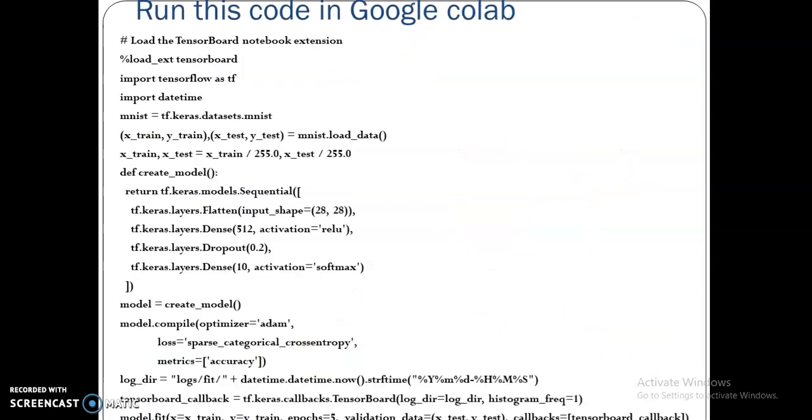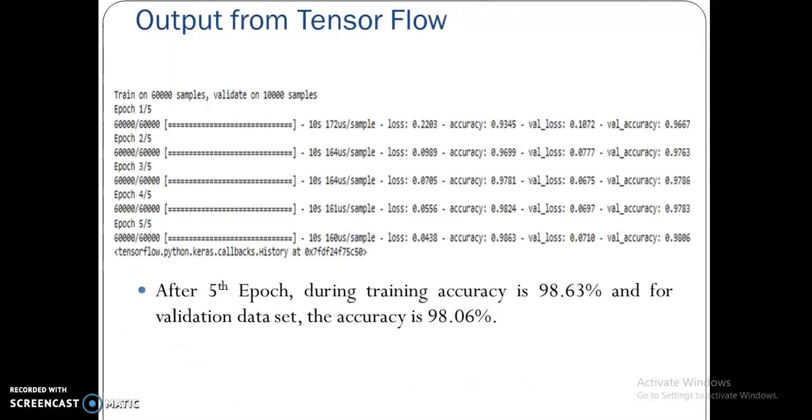And this is sample code I am giving you for running this example in Google Colab. So open your account in Google Colab, copy this code, put it into the code block box, run it, and you can see the outcome of this model, where 70,000 data samples of handwritten digits are taken. Five epochs are run for training as well as validation. At the end of the fifth epoch, you will see the training accuracy is 98.63, whereas for the validation data set the accuracy I get is 98.06. But it may vary for your trial because it is going to be assigned a random weight as well as a random